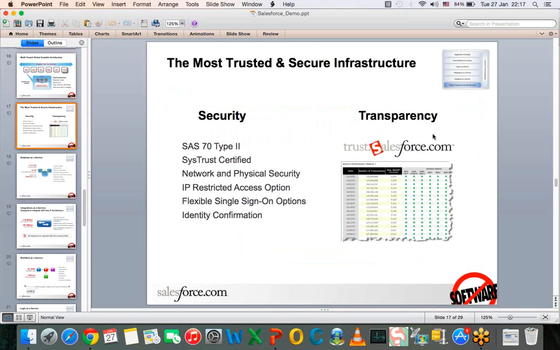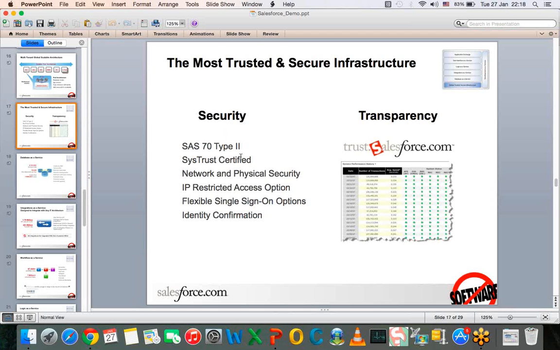This we have already seen, that is transparency, wherein trust.salesforce.com tells you at what time the instance is on, what time maintenance is going on, and if there are any issues also. You would not face any discrepancy. For example, if any instance is currently not doing well or there's any maintenance going on, automatically the other instances will be activated for your login. And similarly for security, you have different